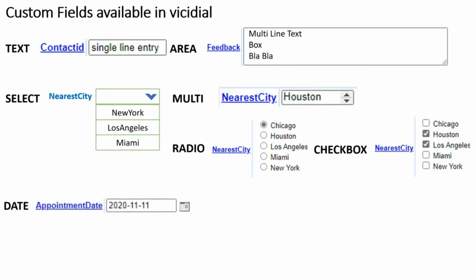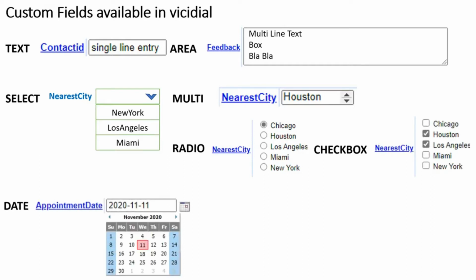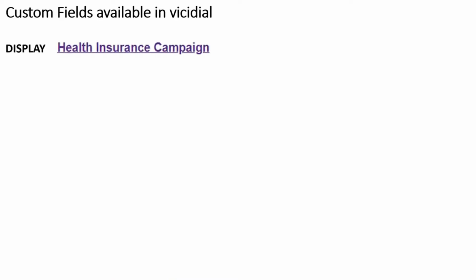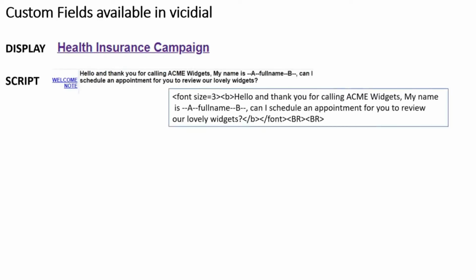Number 7, Date. Date is a year-month-day calendar pop-up where the agent can select the date. Number 8, Time. Time is a 24-hour day time pop-up where the agent can select the time. Number 9, Display. Display will display only and not allow for modification by the agent. Number 10, Script. Script will also display only, but you are able to use script variables just like in the